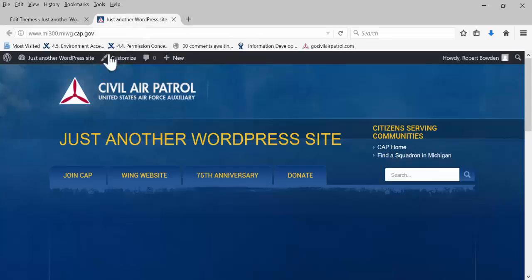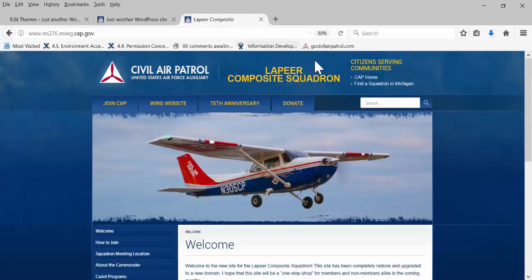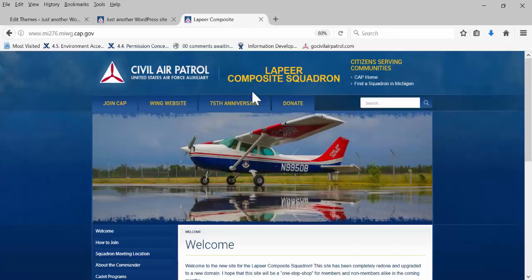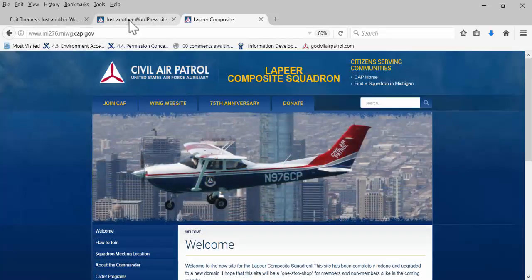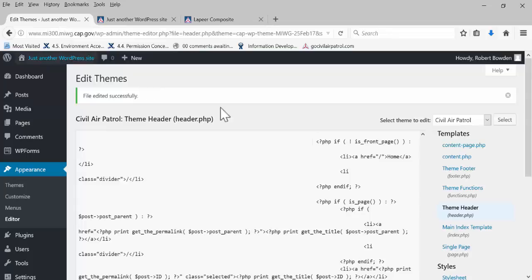If I come back to my website and refresh the page, we see the top tab has changed to Go Civil Air Patrol. Now the site's starting to look better, but we see the title is really messed up. It says just another WordPress site. If I look at a fully configured unit, it has a nice clean title at the top. We accomplish that by coming back into the theme editor, into theme header,